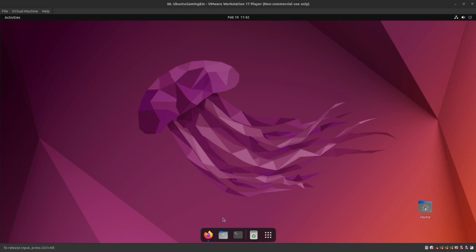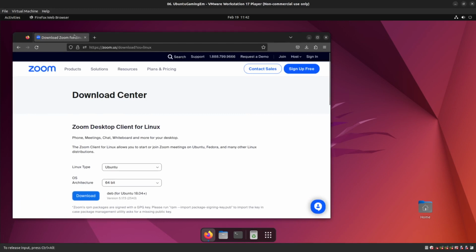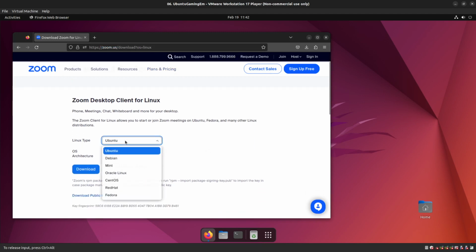So the first thing you're going to do is go to the Zoom website, specifically zoom.us/download. I'll put the actual link inside the description of the video. Once you're in the download area, you're going to choose your Linux type, whether you're running Ubuntu, Mint, Debian, or one of the other flavors. I'm running Ubuntu. This is a 64-bit system, so I hit download to download the version of